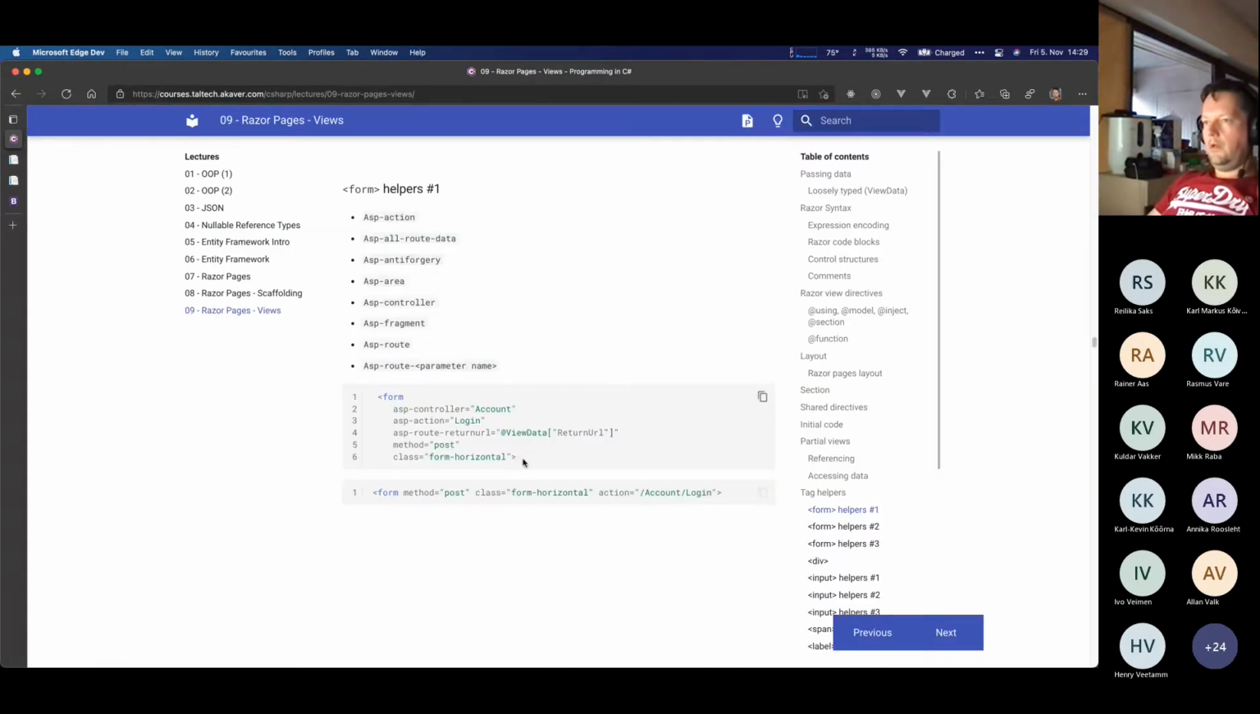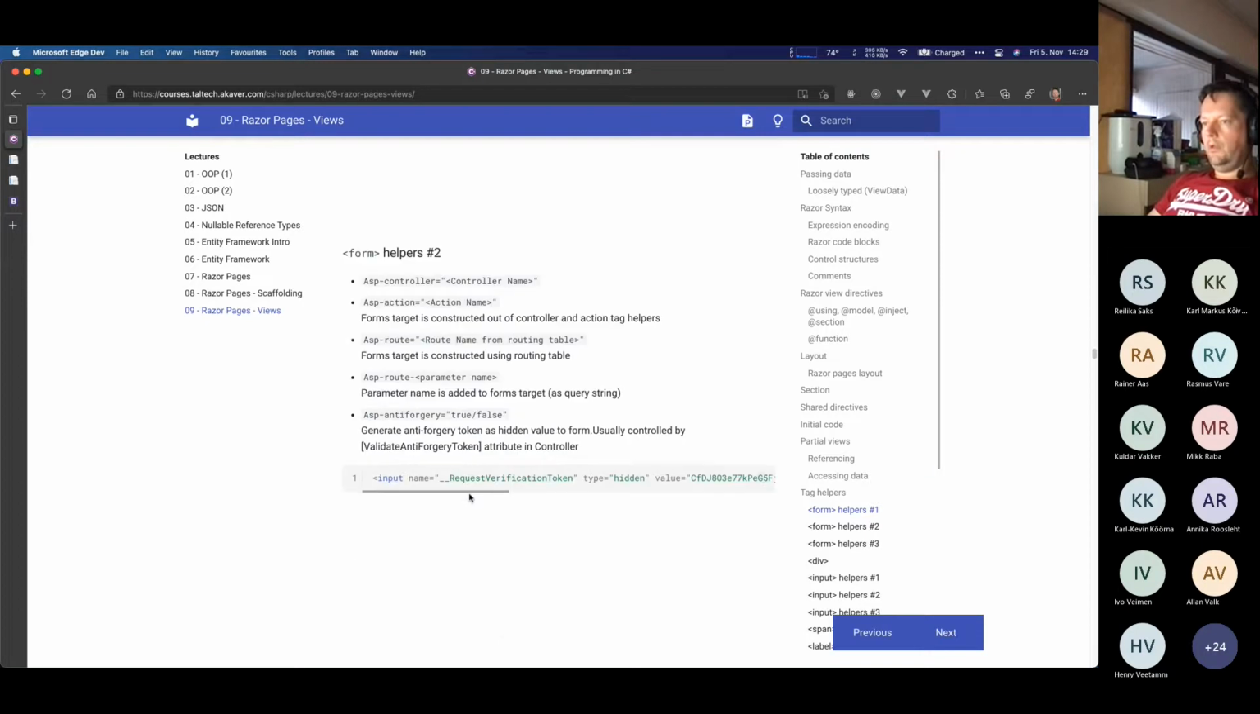But in theory, we can overwrite. What is happening here? We can replace all those ASP tags. So we can specify controller action. This is for the next semester. We can add additional route data, route parameters, all kind of stuff. And what is more interesting for us, probably the next most useful parameter we will use is this one,